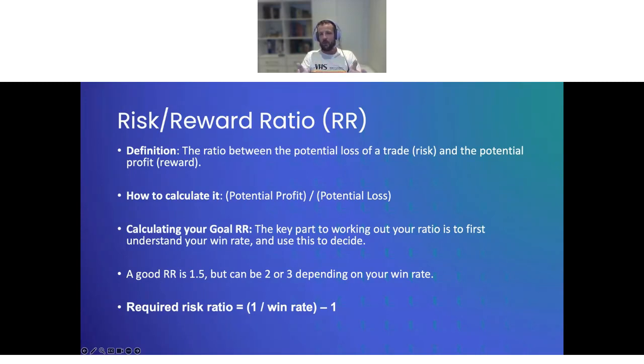So for example, a risk reward ratio of 1 to 3, meaning that I'll risk $100 in the aim to grow that to $300, would be on a win rate of about 25%. So if 1 out of 4 times you are right, then that is the sort of risk reward ratio you want to go for. And if you are less right, then it would increase, or more right, it would decrease. But ultimately, it's about finding what that RR is for yourself, and then treating it like a business.